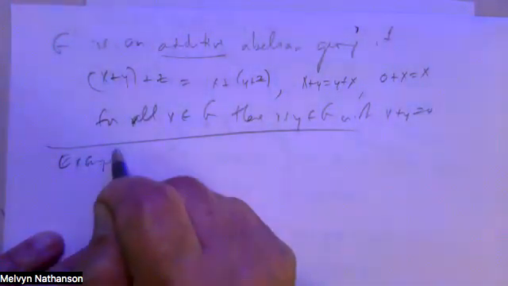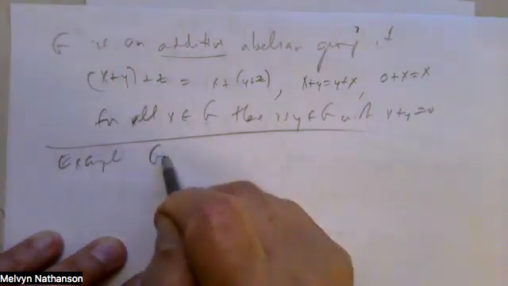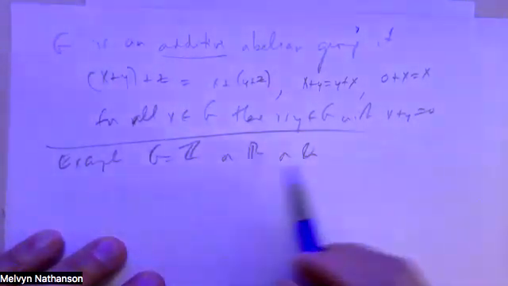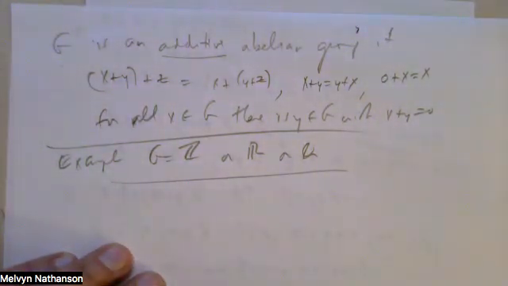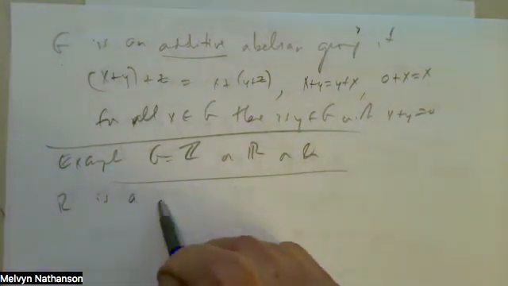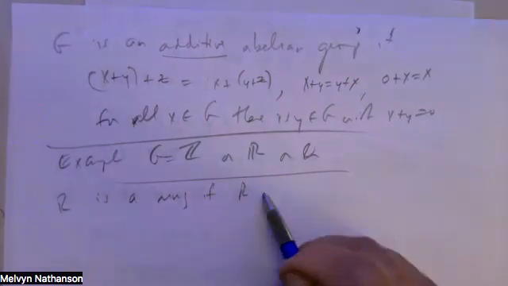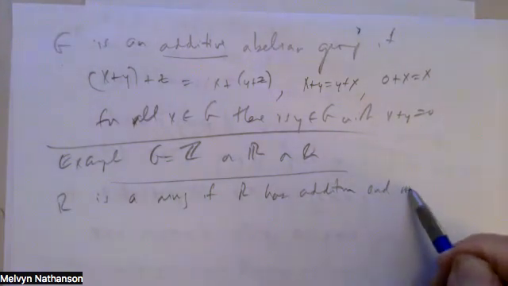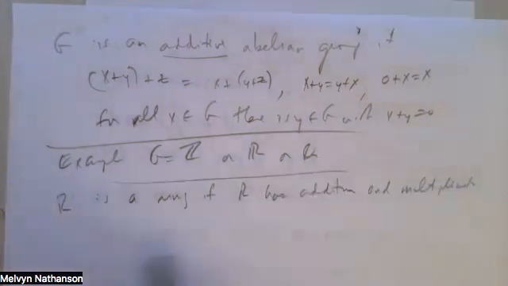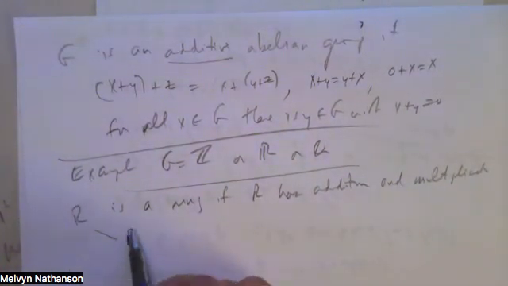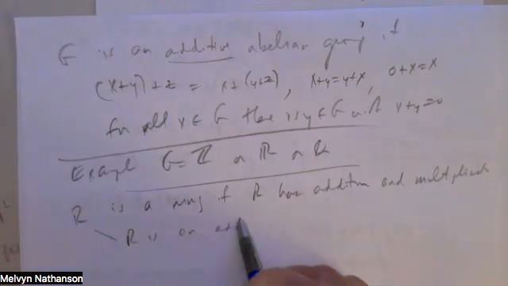So for example, if we take G to be the integers, or the real numbers, or the rational numbers under addition, these are all additive abelian groups. Okay, that's the definition. Now, R is a ring if R has two operations, addition and multiplication, and with respect to addition, R is an additive abelian group,